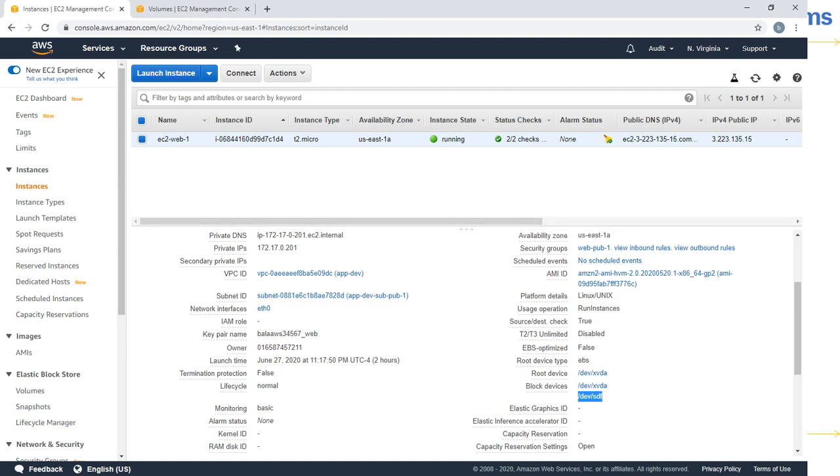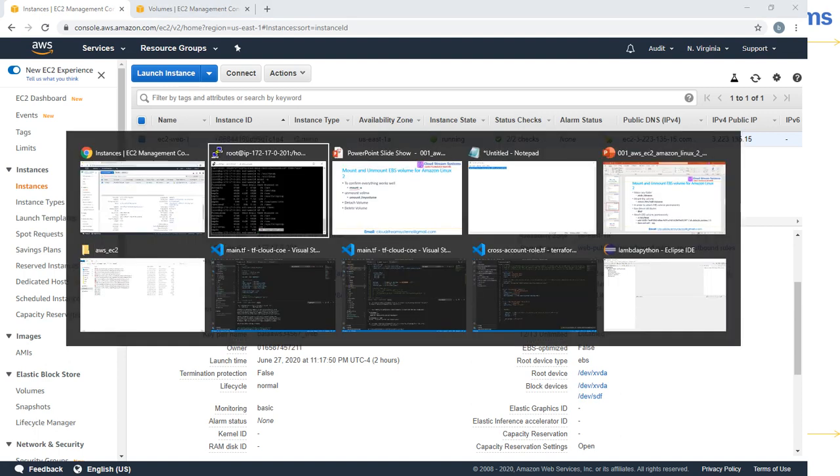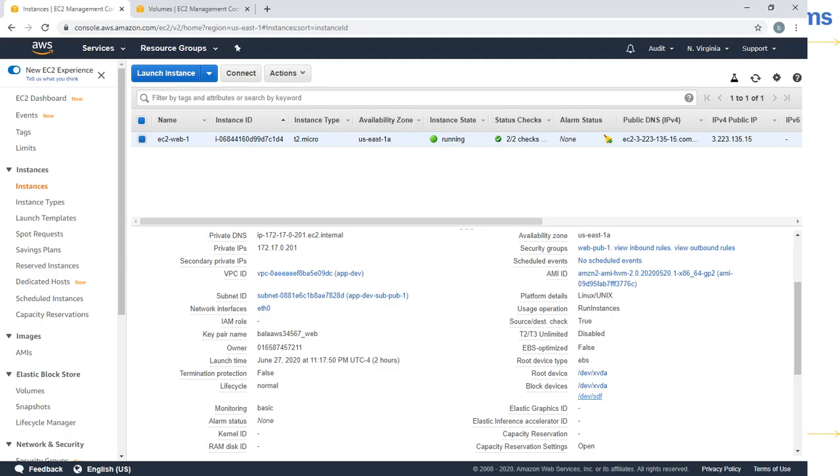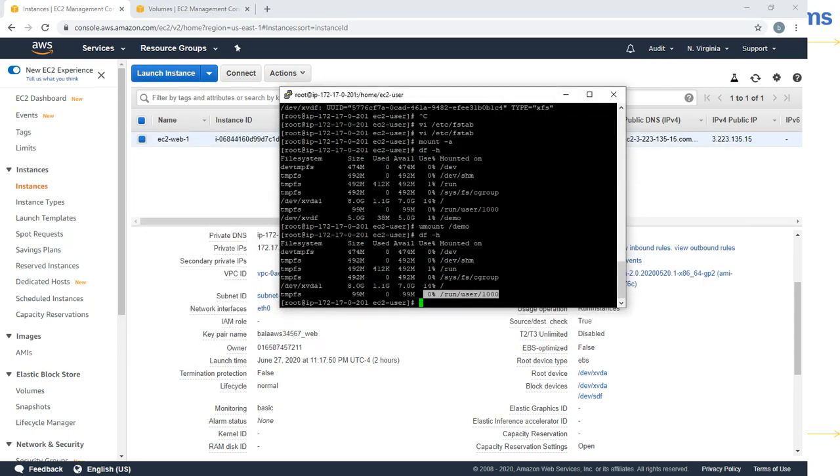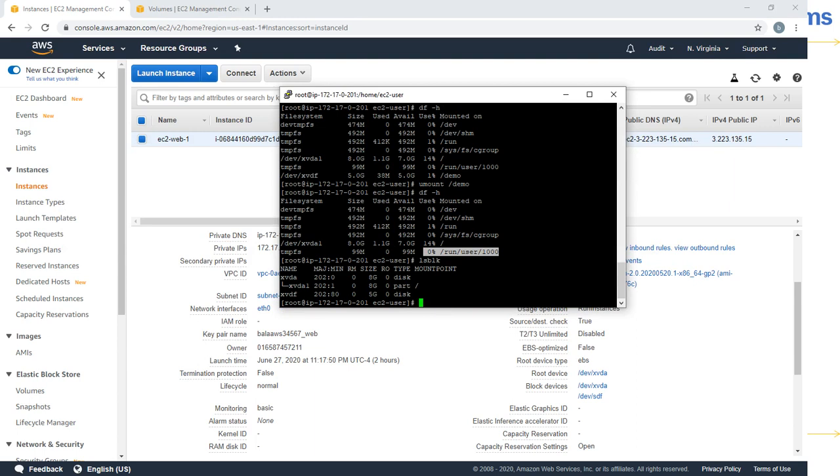But let us see in the AWS console. It's still there. That means it's not completed. So what you have to do? Come over here to PuTTY, and run lsblk. If you perform it, you still see it.